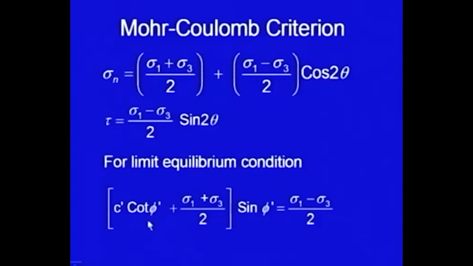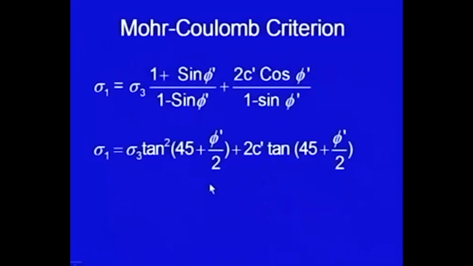This is the condition for failure from that diagram: (c dash cot phi dash plus (sigma 1 plus sigma 3)/2) sin phi dash is equal to (sigma 1 minus sigma 3)/2,